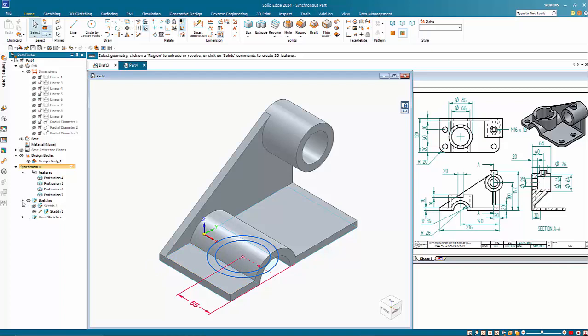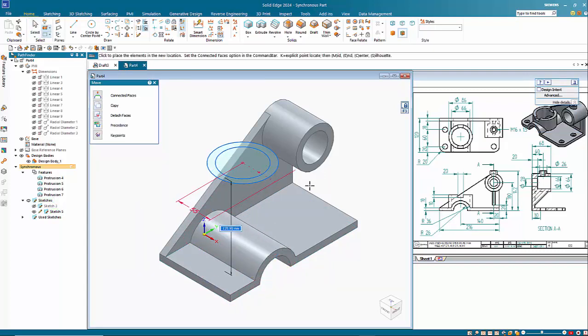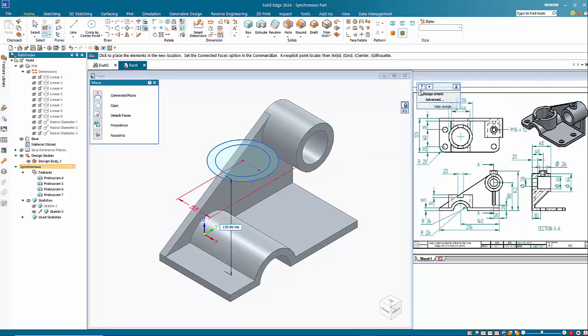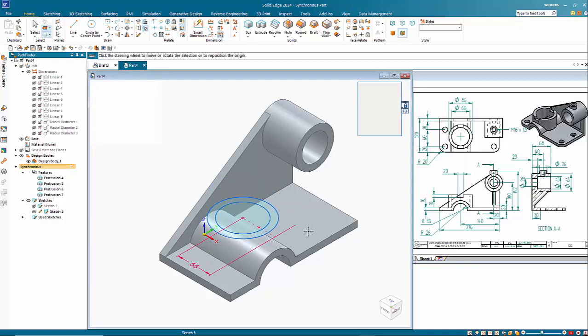So what I can do is I can go down to my sketches. I could have added in an extra plane to draw on, but if I go through the select sketch, I've got my design intent turned off. Otherwise, it will try and move up the bottom face, but the distance I need to come up is 56. So from there, I can